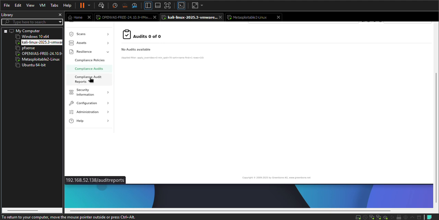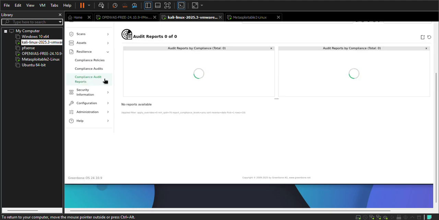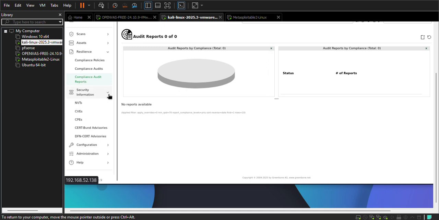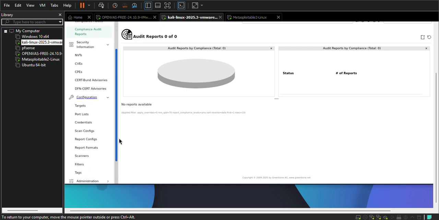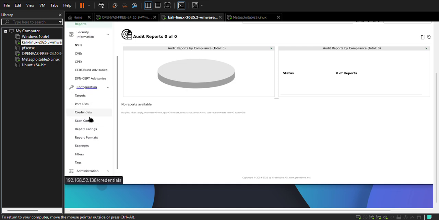You can actually use OpenVAS to do all that as well. Security information, all right? So we can have all the CVEs and NVTs and then CPEs all right here. So you can look up information from here as well. And then the configuration, you can configure your targets, the port list, credentials, scan configs. And then when you're done with all these things, the scanner type that you want to use and all that,